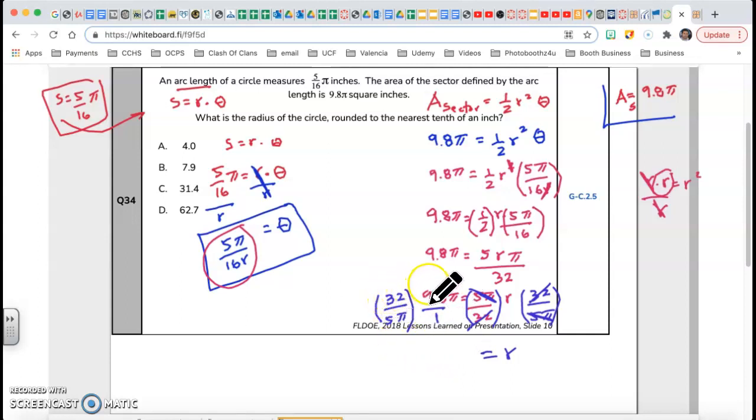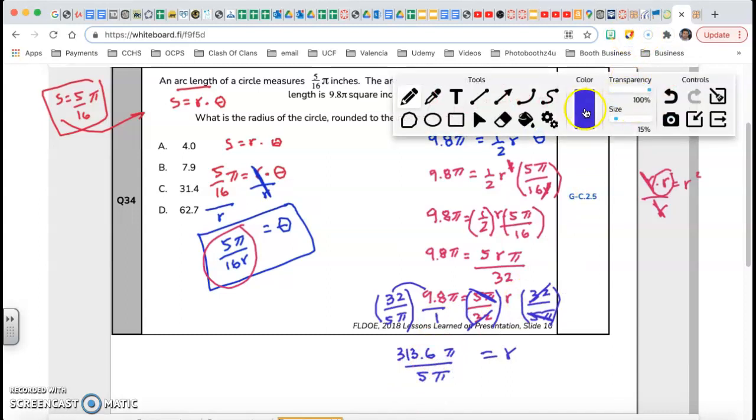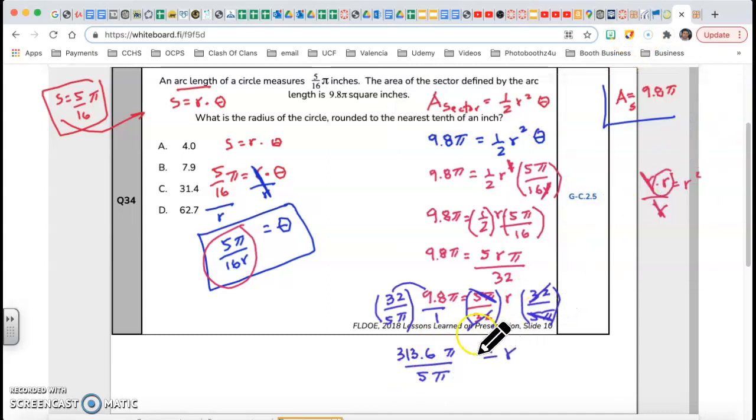32 times 9.8. 32 times 9.8 is going to give me 313.6 times pi. The bottom, 5 pi times 1 is going to give me 5 pi. Alright, all this is simplification. No geometry. Pi from the top, pi from the bottom. 313.6 divided by 5, and that's going to be my final answer. 313.6 divided by 5 is going to give me